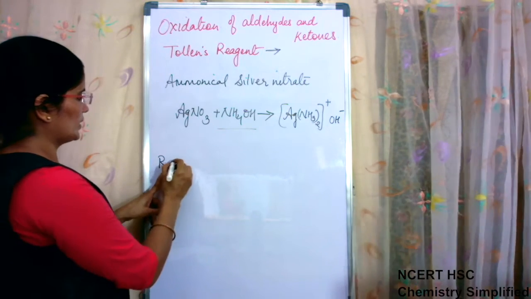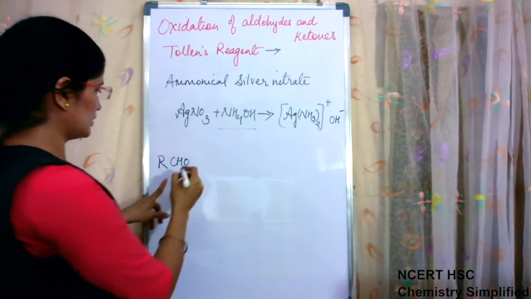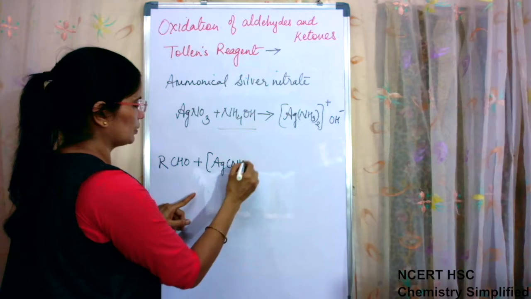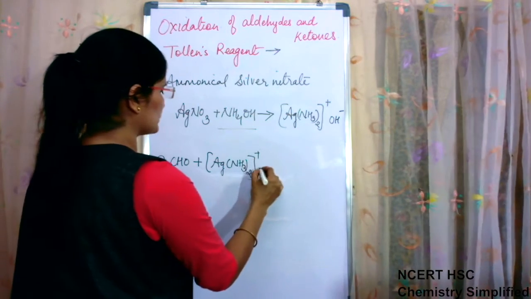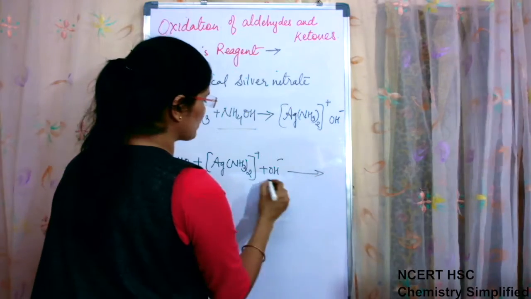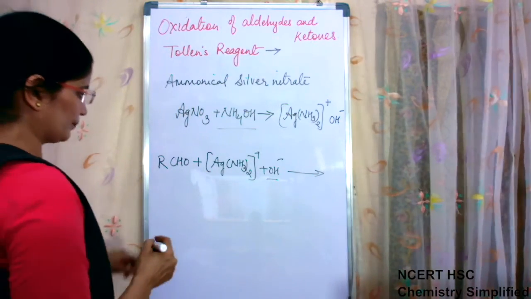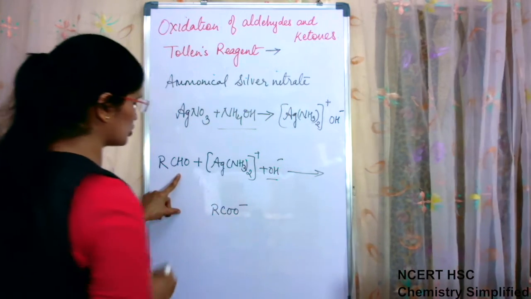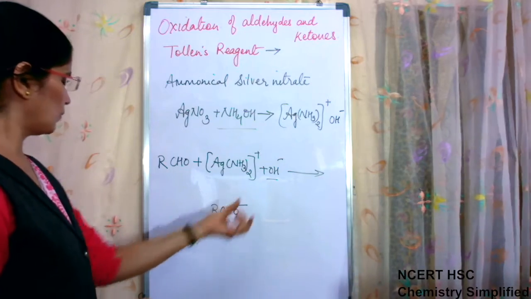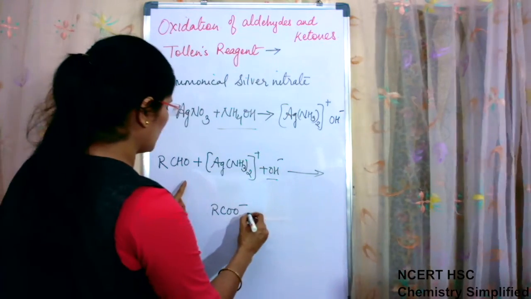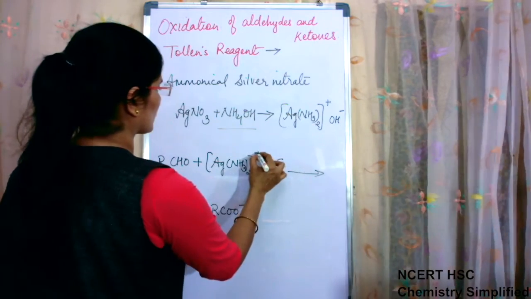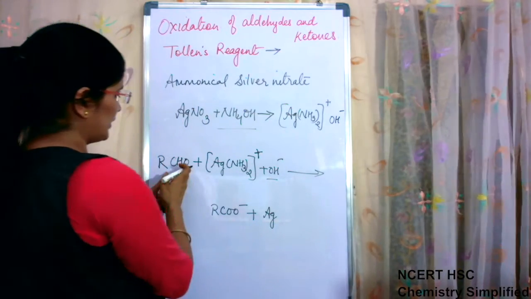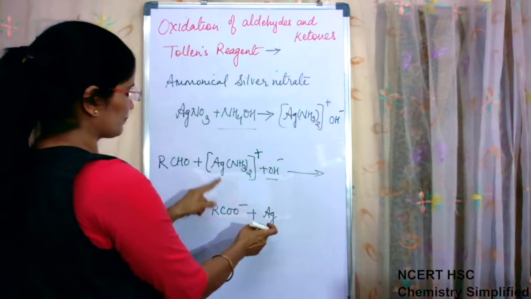So RCHO, when aldehyde is taken, reacts with [Ag(NH3)2]+ plus OH negative, which is basic medium. Now what will happen? RCHO will be oxidized to acid, RCOO negative, with H positive also there. Then Ag+ will be reduced to Ag. Aldehyde is oxidized, silver is reduced, plus